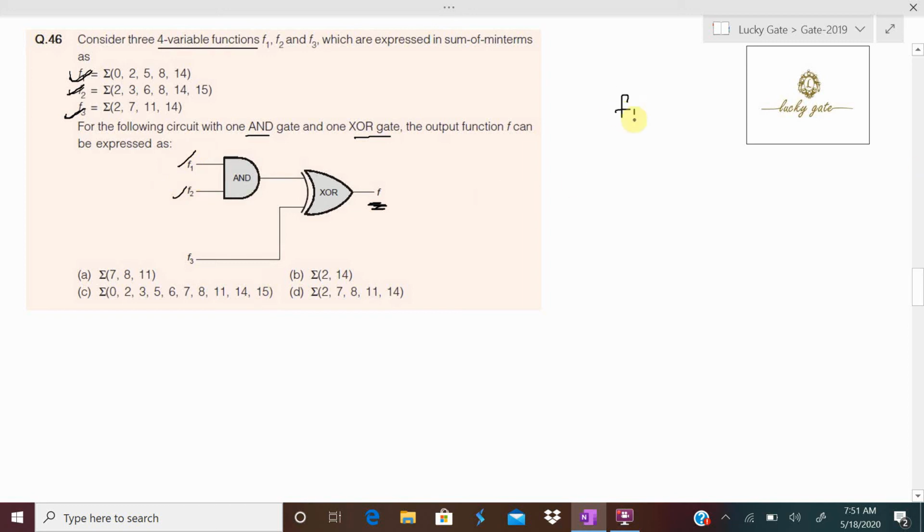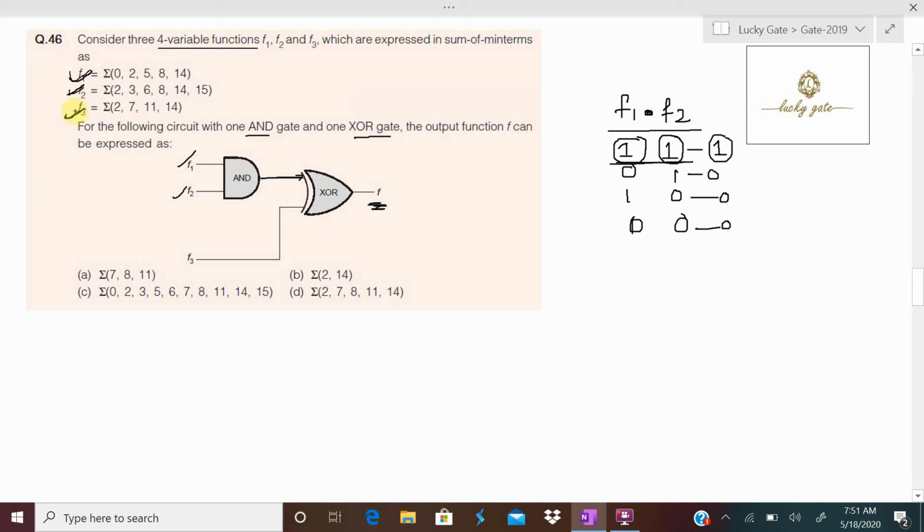So between f1 and f2 we have an AND gate. The AND gate is going to return true, giving an output, only when f1 and f2 both are 1. In all other cases, like 0 1, 1 0, or both zeros, it is false. It does mean that f1 and f2 is true only when both are 1, so both f1 and f2 must have common terms, then only it is going to give an output.